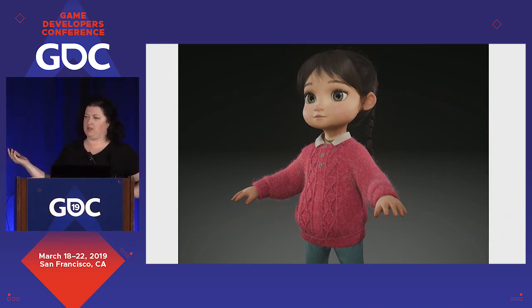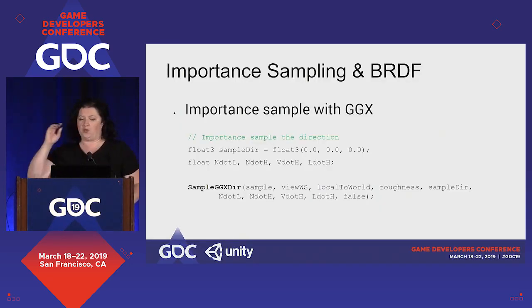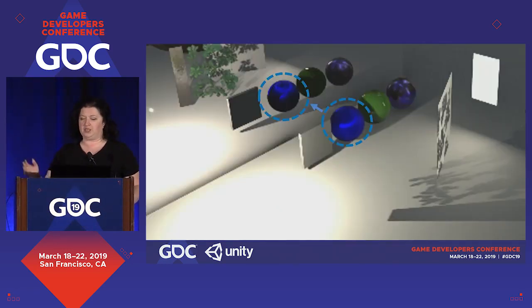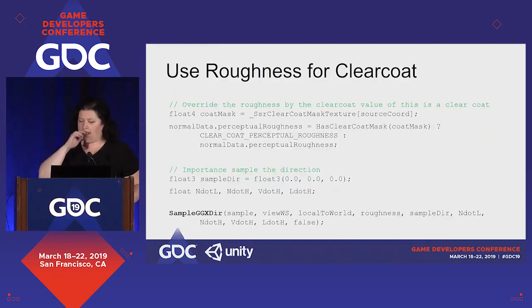But forward materials, we don't really have a way to classify. This is an example of a lot of the fabric, hair, and so forth. So what we do is we import and sample with, as an approximation of the BRDF, by using GGX, and this is the example here. That actually gets you pretty far. You can represent a reasonable approximation of anisotropy because we're really only picking the sampling direction, right? And it's a reasonable approximation of the NDF.